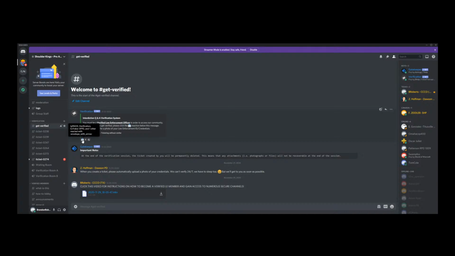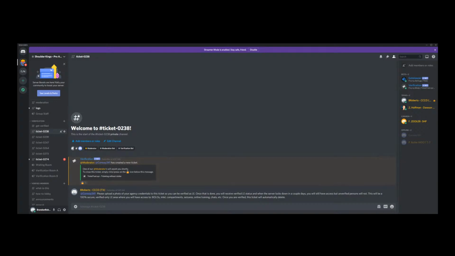And what it's going to do is start a new ticket, which the administrators can see. Once you've started a new ticket, you will get in here and you will need to submit a photo of your agency credentials. Make sure we can read it. Make sure you tell us what state you are if it's not listed on there. And you use this little plus sign here to do so. So get in there,